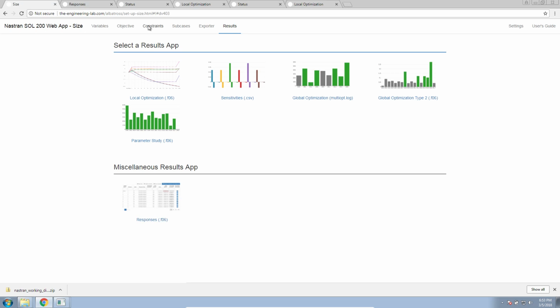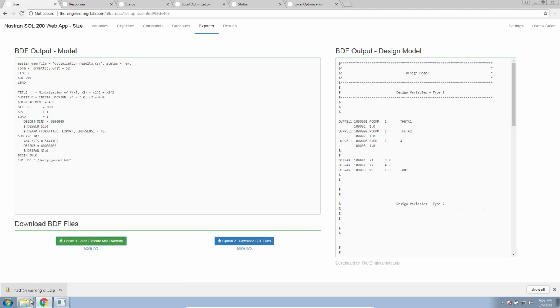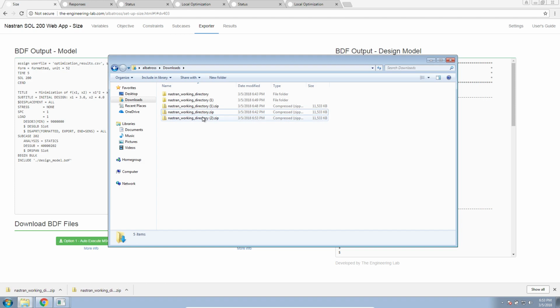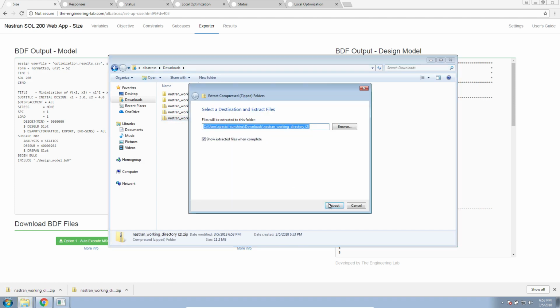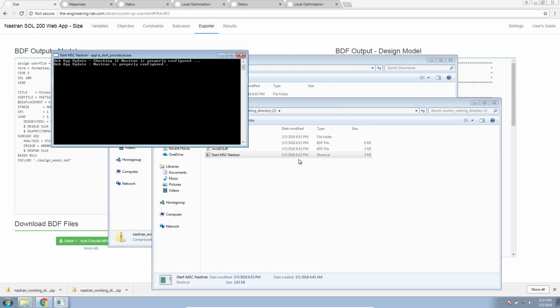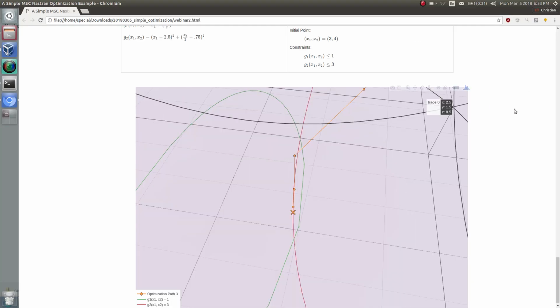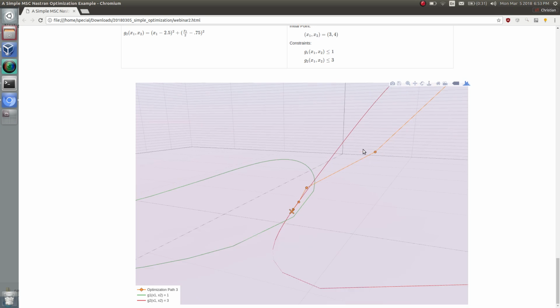And here, just to give you a quick example, what I'm going to do here is for the second constraint, I'm going to increase the upper limit from 1. I'm going to increase it to 3. So now let's go ahead and download this new version, and we are going to go ahead and run this new version here. And here, let's go ahead and see what the new result is. So what you will see in a moment